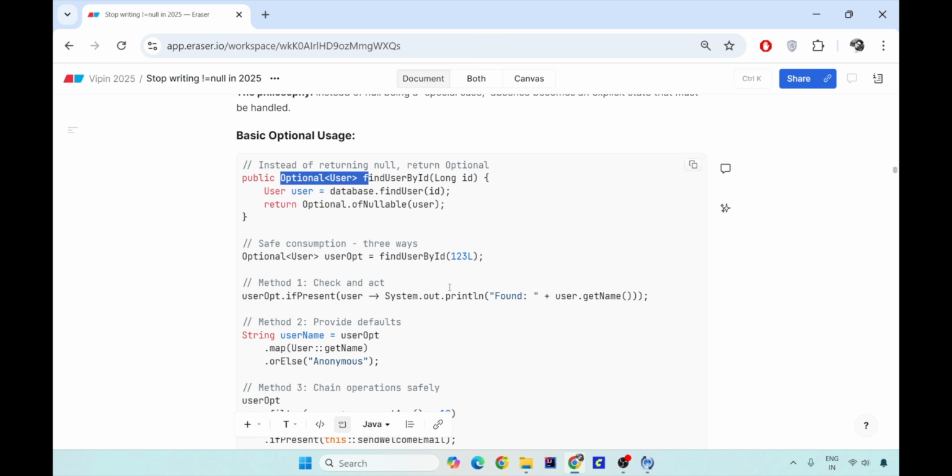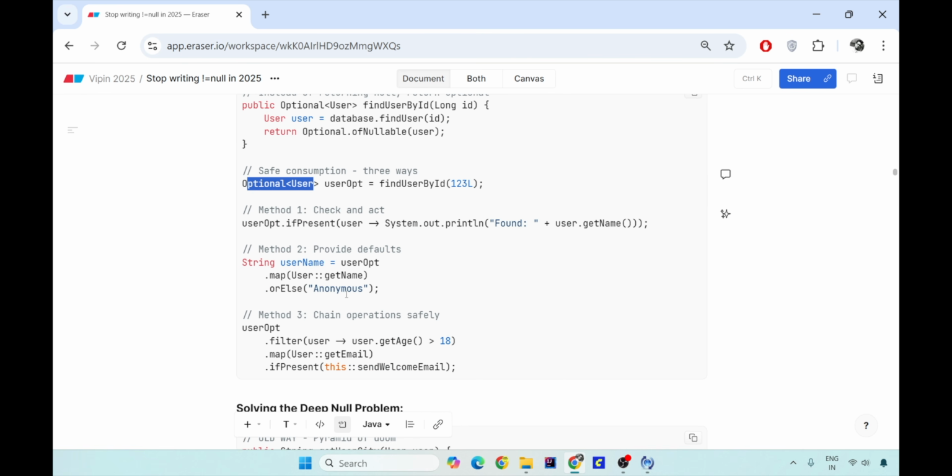So now it is very much safe that when you try to find the user, and if the user is present, then you can print the name. Otherwise, if it is not present, then nothing will happen. So this user.getName is null pointer safe because this user is an Optional. And this ifPresent will only work if the user is really present, and hence trying to fetch anything out of null, which becomes a null pointer exception, will be prevented because of this Optional.